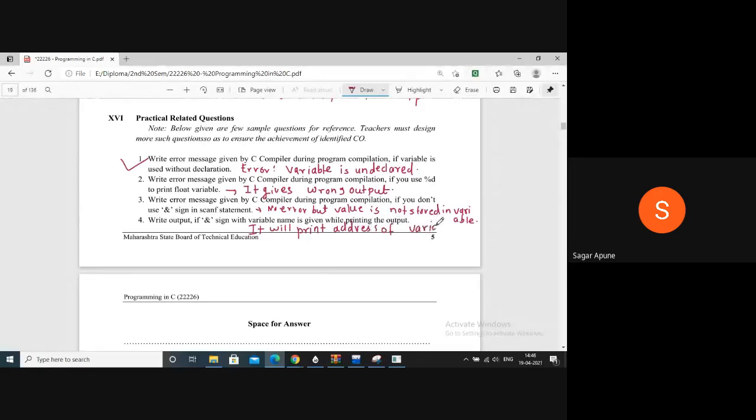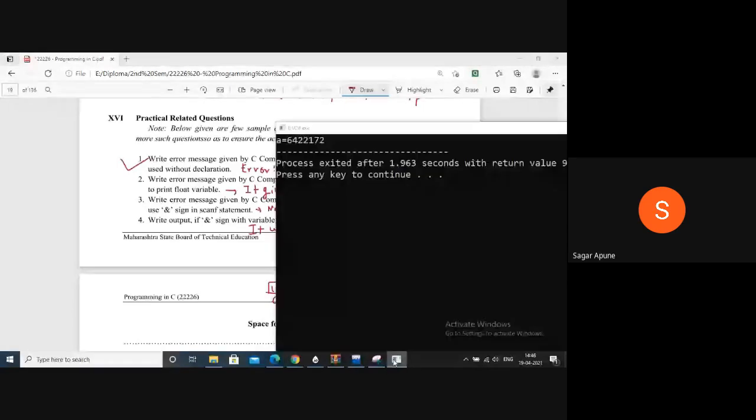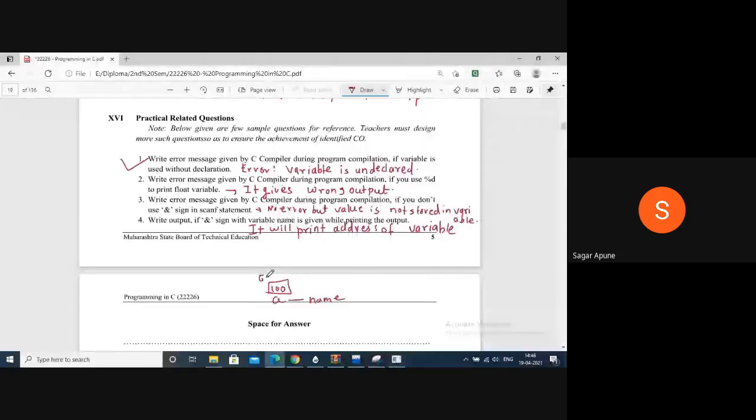Here I declare a with 100, but this is the memory location name, and the address is different, and the address is 6422172. This is the memory address.